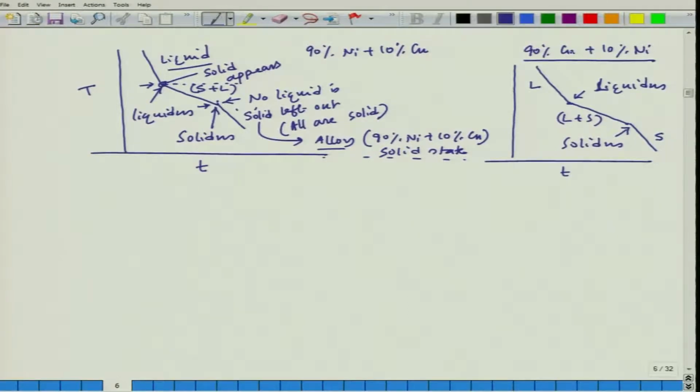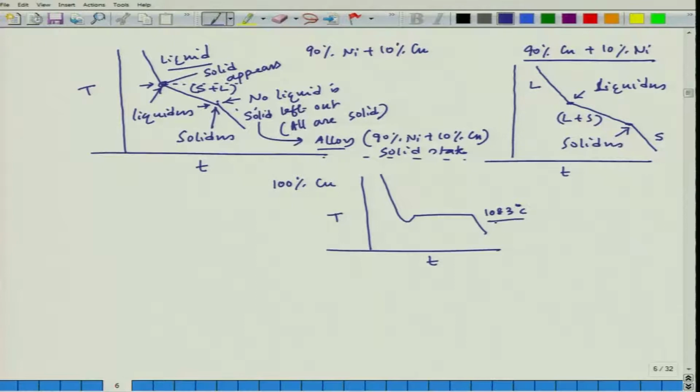Since the majority is copper, and the copper melting point is 1083 degrees Celsius, the temperature points for liquidus and solidus drop down. And finally, if we see 100% copper, again we will see a similar plot to what we have seen in the case of 100% nickel. Again, time versus temperature, we see a plot like this,